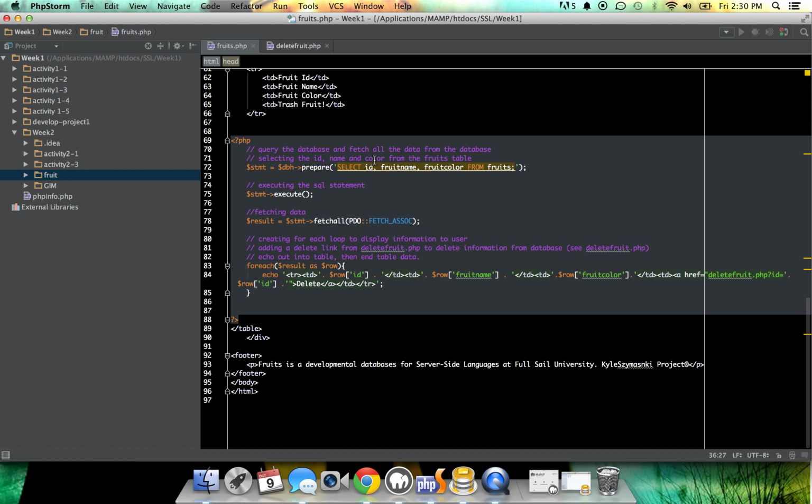Well, first of all, we have to post the results to the page. So we're going to prepare the statement to select the ID, the fruit name, and the color from fruits, and we're going to execute that and fetch it. So that way we can create a foreach loop statement and paste this in there, so we can take the row, which is the value, and put it into our table where we have a delete reference to delete